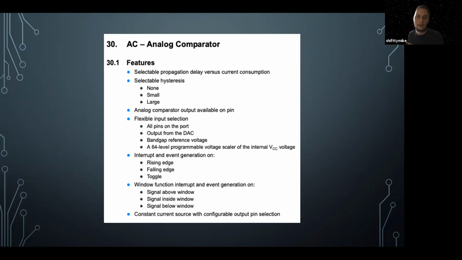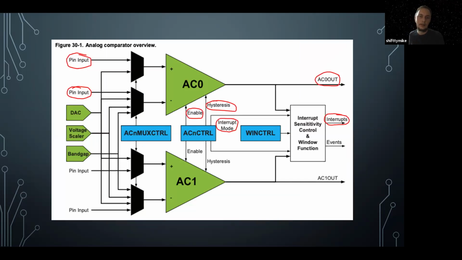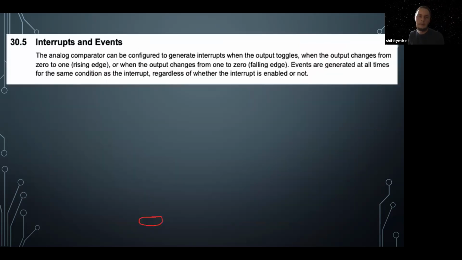So it'll give a rundown of all the features. You can see all kinds of things you can switch on, which most of the time you won't need. Then there is a block diagram. Again, I've just circled in red the things I'm interested in. There's also two of them, which I don't care about. There's a bunch of different references, which I don't care about. I just want to use it more or less in default mode, which you can do quite easily. After that,